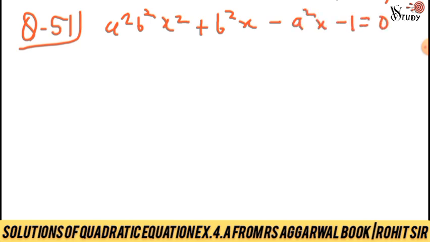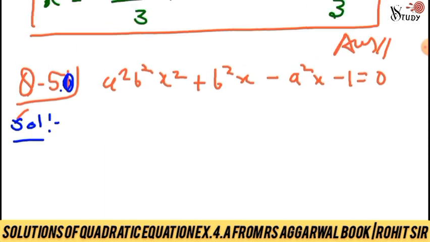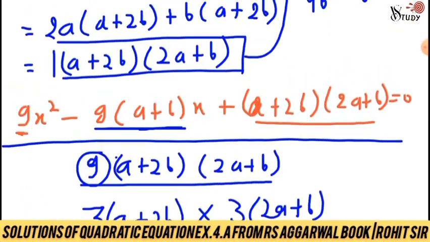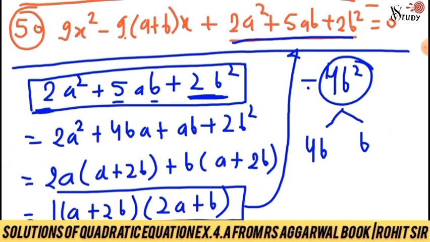Sorry, this is question number 50 in the R.S. Agarwal book, and in place of 50 I just solved question number 51. So you can interchange. Question number 50 is question number 51 in the R.S. Agarwal book, and question number 51 is question number 50 in the R.S. Agarwal book. I hope you understand this. Now solve this quadratic equation. This is not 51, this is 50 in the R.S. Agarwal book. This question 50 is question number 51 in the R.S. Agarwal book. This is a little bit changed, which I told you.